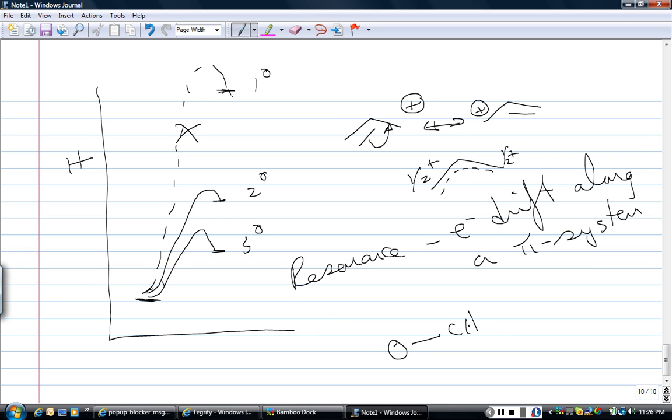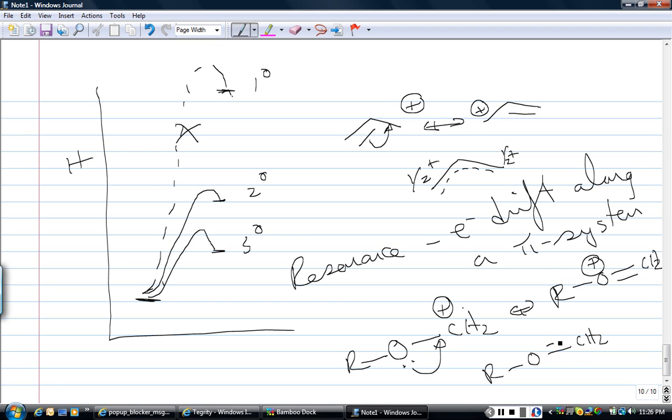So if I had ROCH2 plus, this is also stabilized by resonance. And I can write RO double bond CH2 plus charge. So the real species, my hybrid, is ROCH2, and there will be a dotted line between these, a delta plus here and a delta plus here. Okay? So resonance involves electron drift on a pi system and can either involve the movement of pi electrons or lone pairs of electrons. So in fact, we can understand then why resonance is more potent than induction, because we